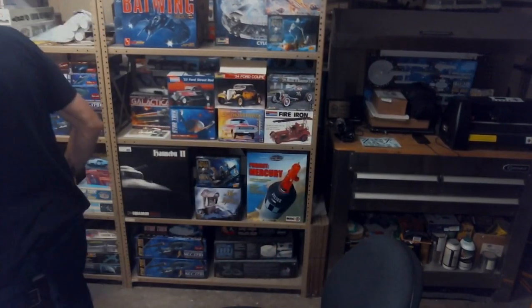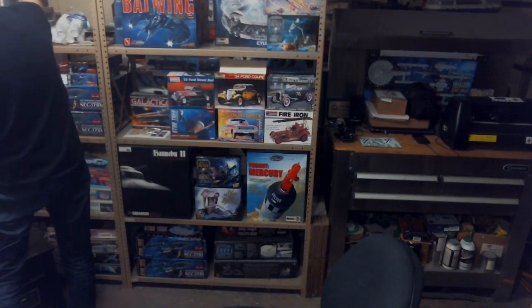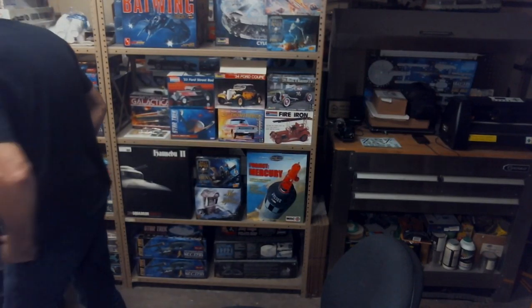Are there any kits with human figures for this model? No, not that I know of, but there's all kinds of 350 scale figures. I think I might have the box sitting here still. If I have it handy, I'll show it to you. Or I might have moved it. Well, that's typical. I put it away. But anyway, there's a